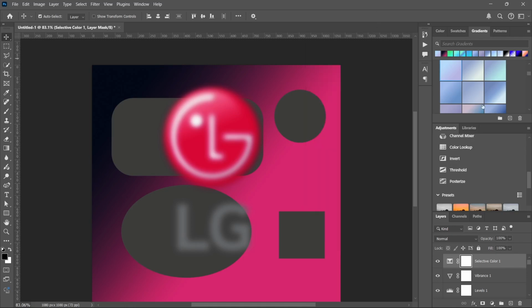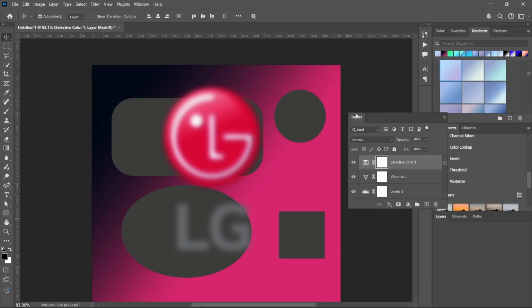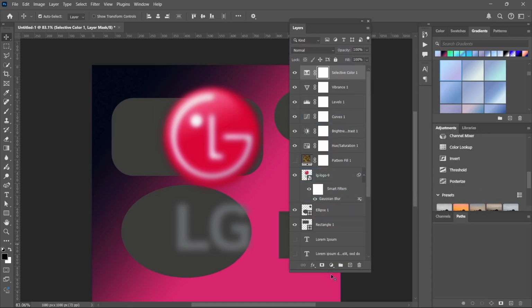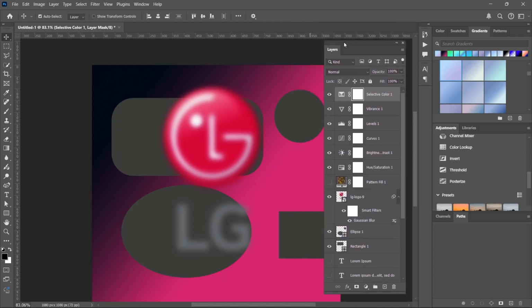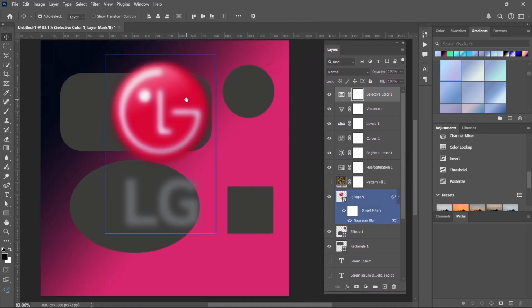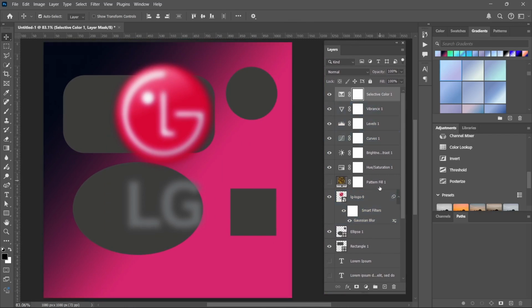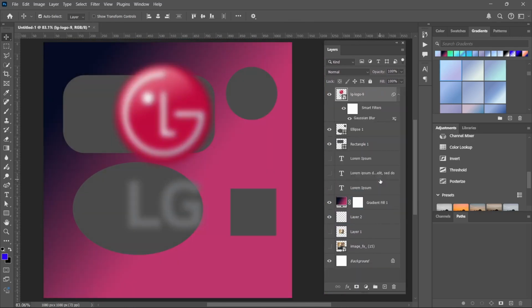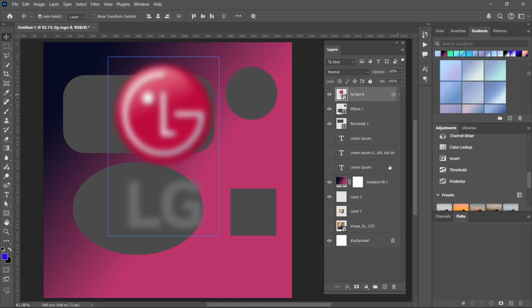The next panel I want to talk about is the layers panel. Let me bring it out. The layers panel is arguably the most important panel. Why? Because the layers panel controls what you see on your screen. Everything in Photoshop is made up of layers. To make a design, it has to be made up of layers, and those layers are stacked up